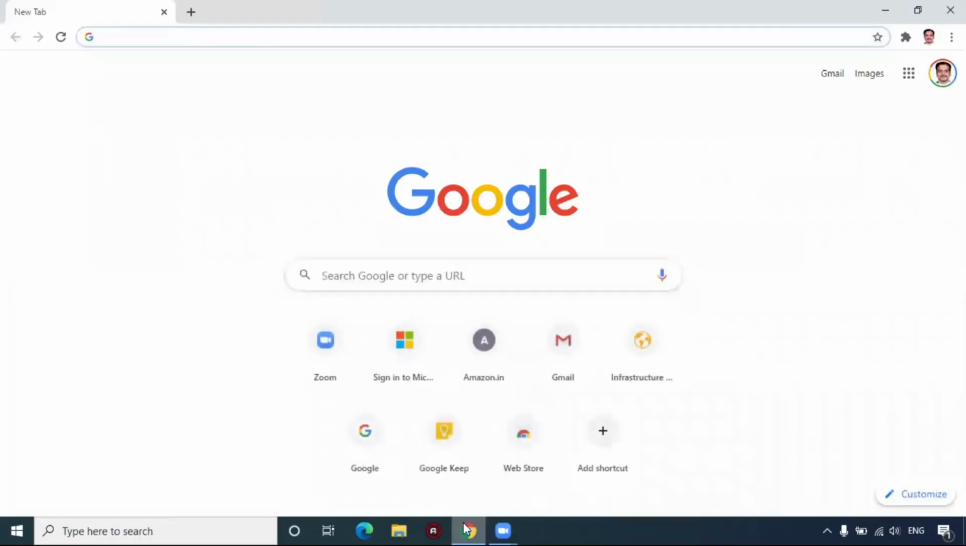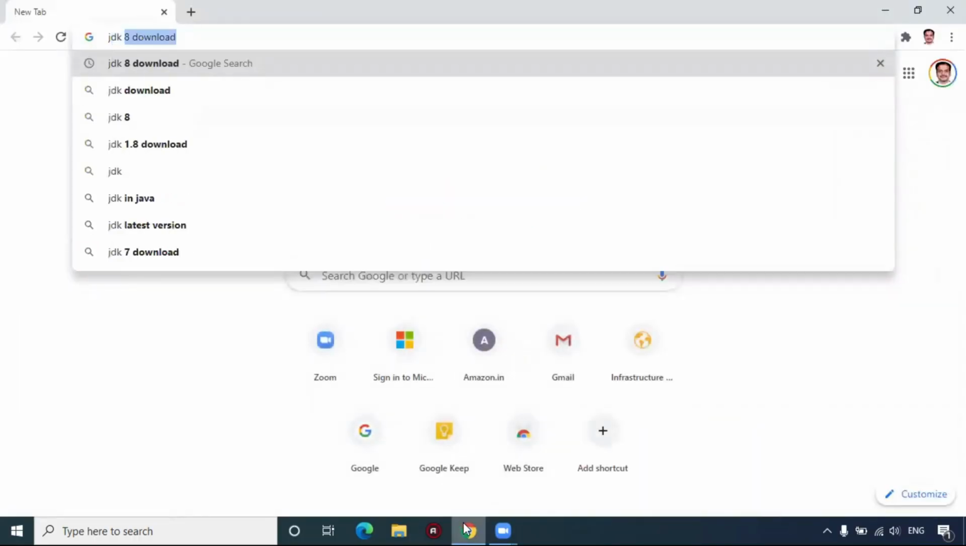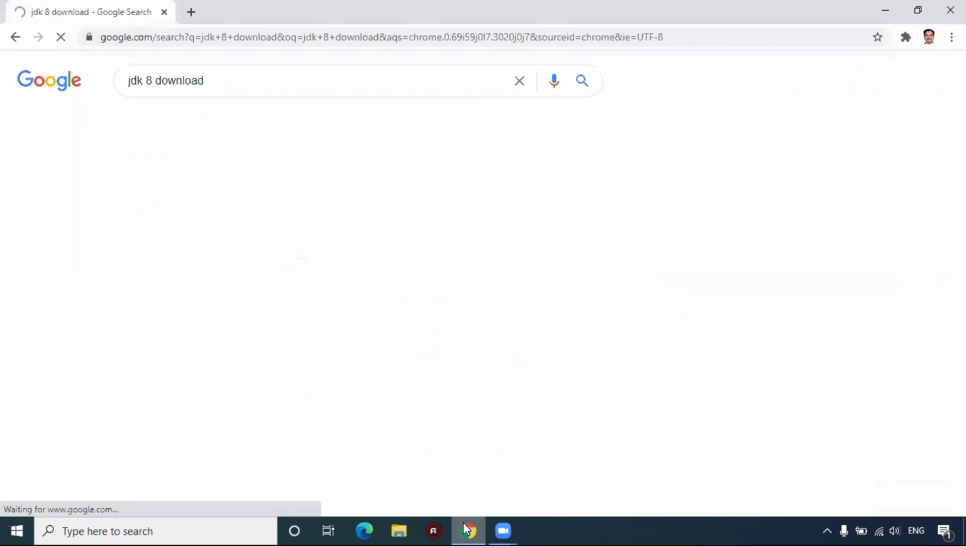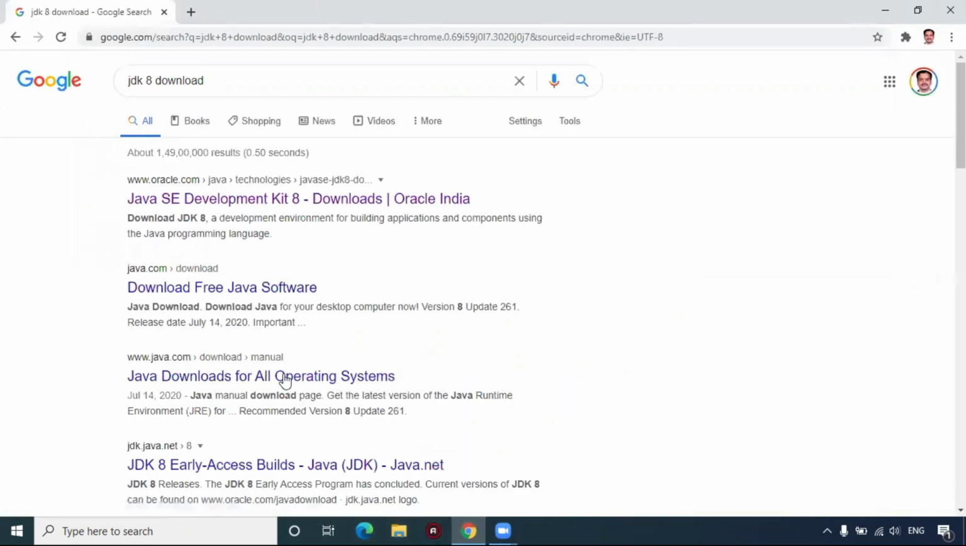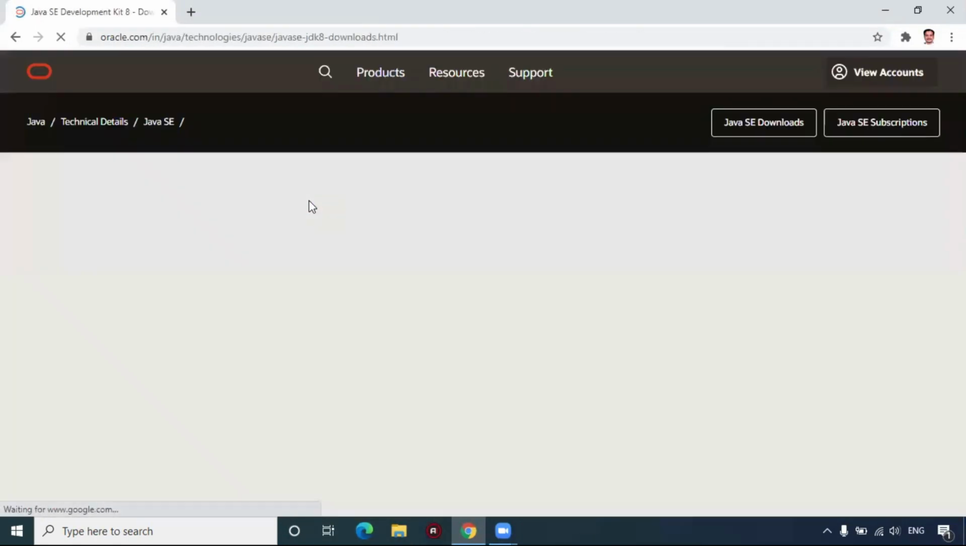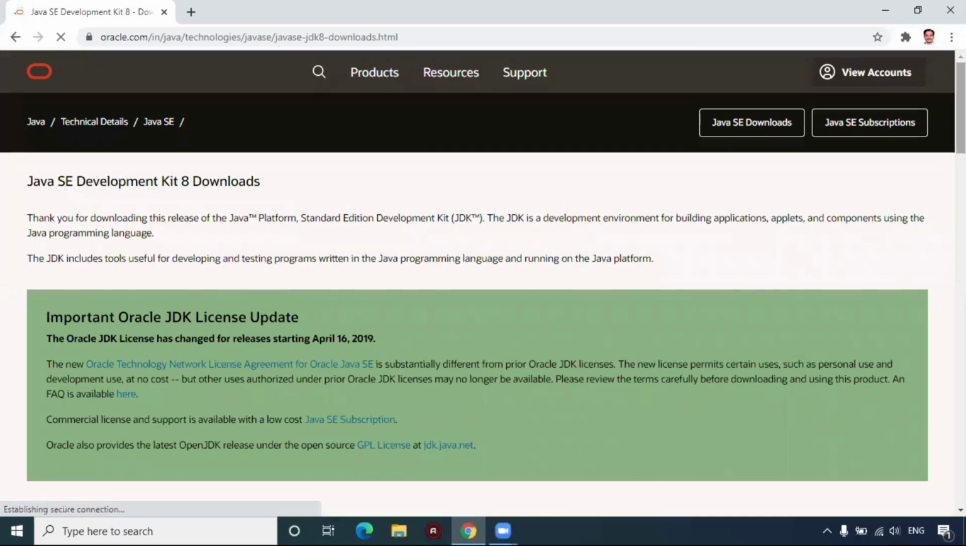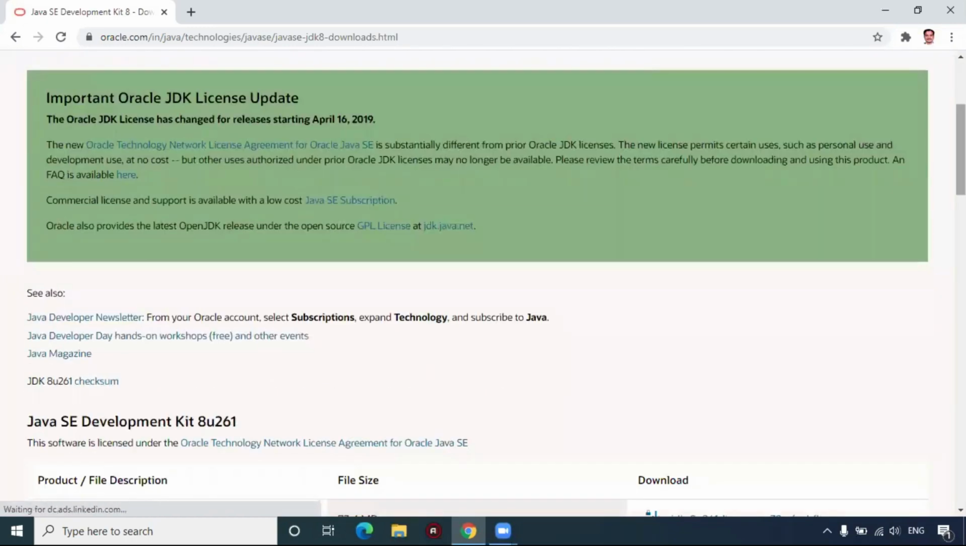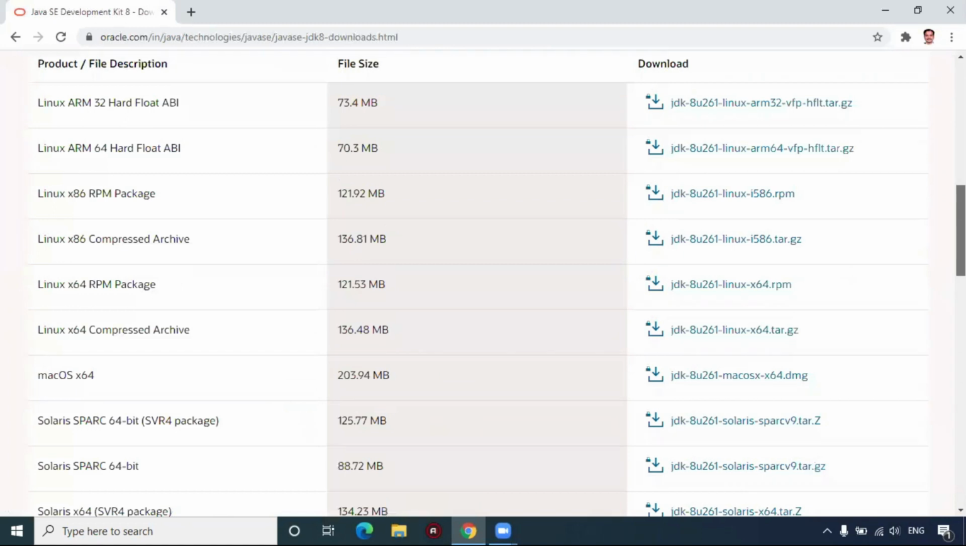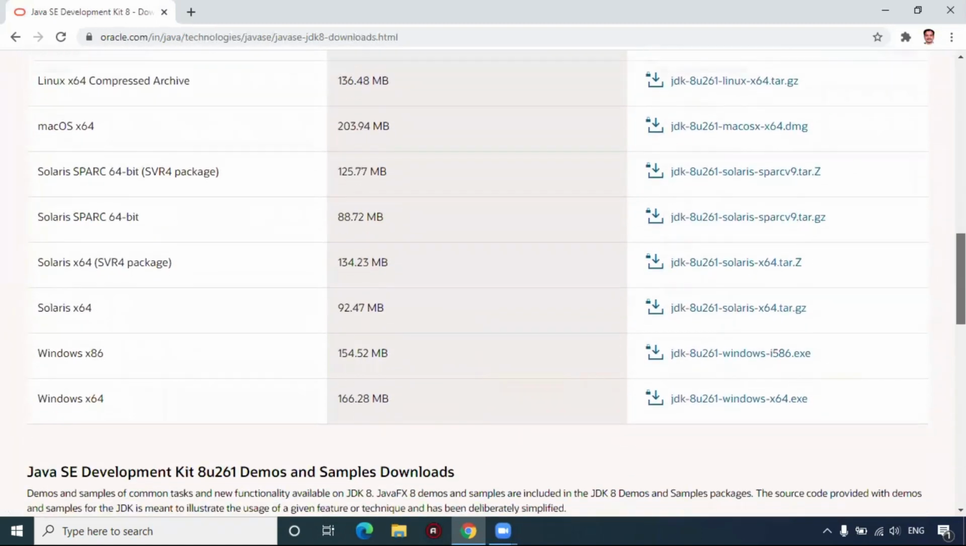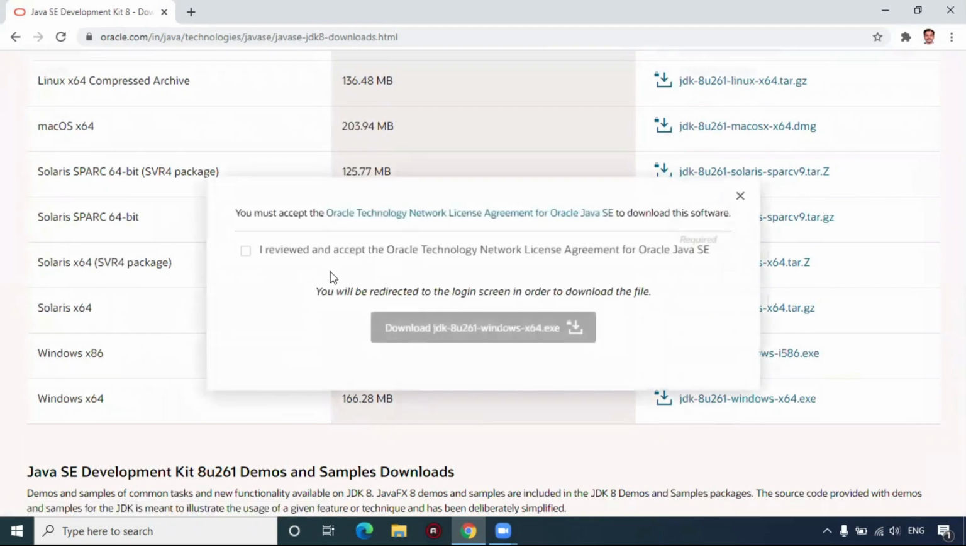So open the browser and search for JDK 8 download. And you'll find the first result as oracle.com. So click on that and it'll take you to Oracle website. Scroll down a little bit. And when you scroll down a little bit, you'll find here the softwares for different environments. So click on Windows 64, and mine is Windows, so I'm clicking on that. Accept, click on download,